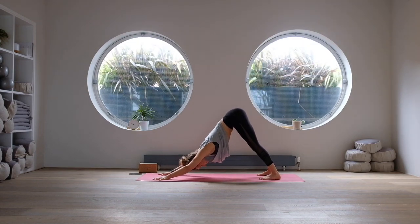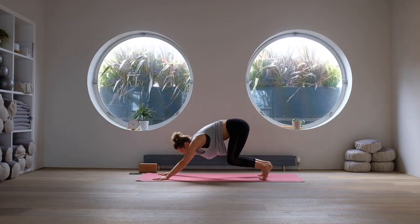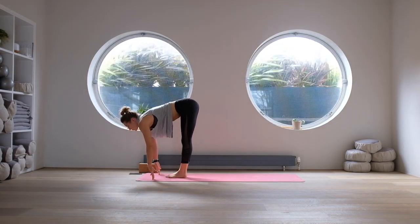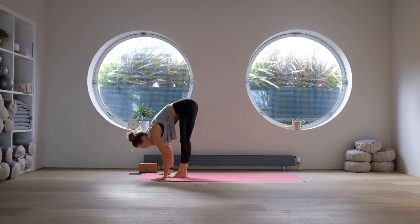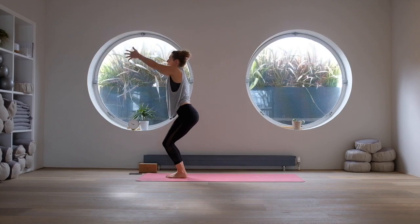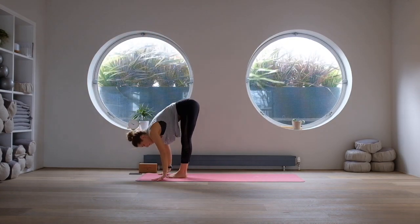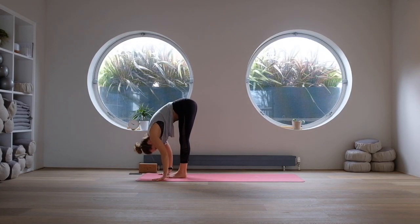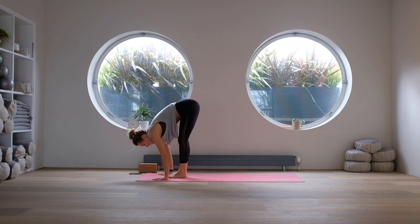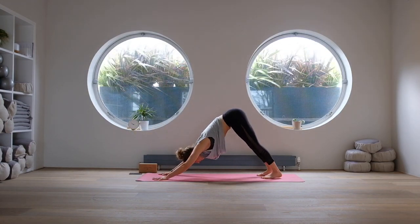Good. When you're ready, just come back to that down dog, and then on your next exhale, bend the knees, look forwards. Step or float, your choice. Big breath in. And exhale to fold. Okay, inhale, chair pose, bend the knees, lift the chest. One more of these, squeeze the bum. Exhale to fold and release, tucking the chin. Okay, inhale, lengthen through a flat back. Exhale, plant the hands. You can step or float, vinyasa, or skip it out and just go straight to your